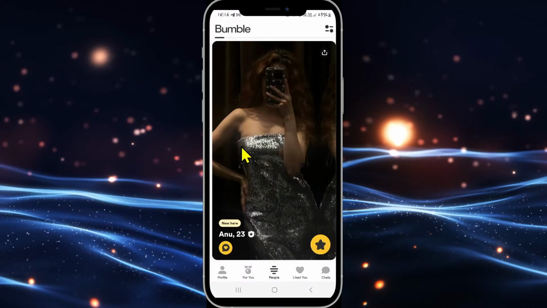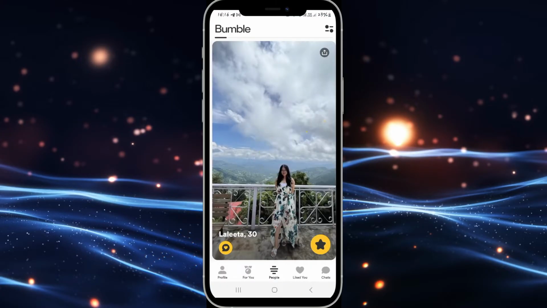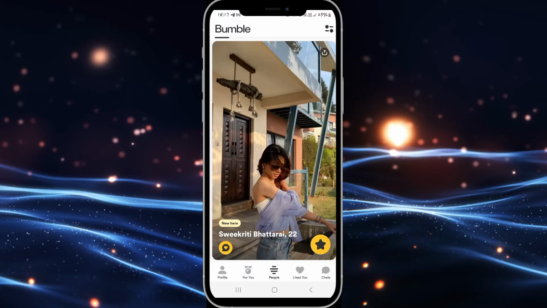First of all, open up the Bumble application on your device. And if you haven't logged into your account already, proceed forward with your phone number or your social accounts. Once you are logged in and taken into the homepage, you will see various different profiles that you can swipe